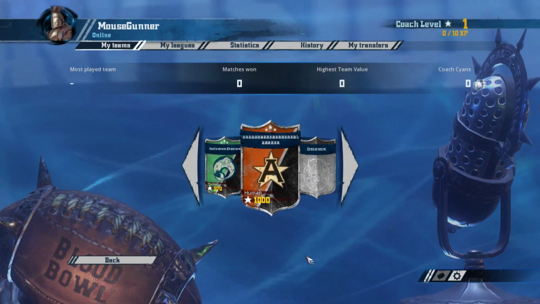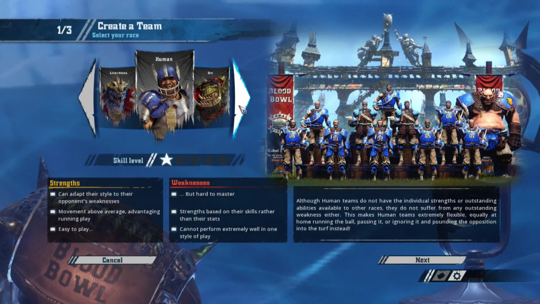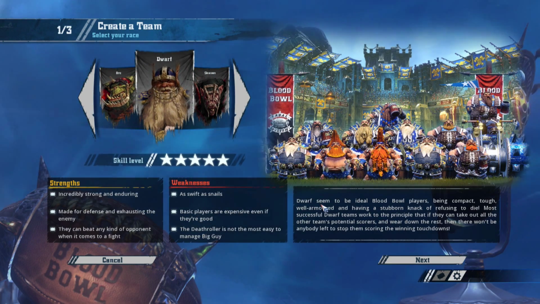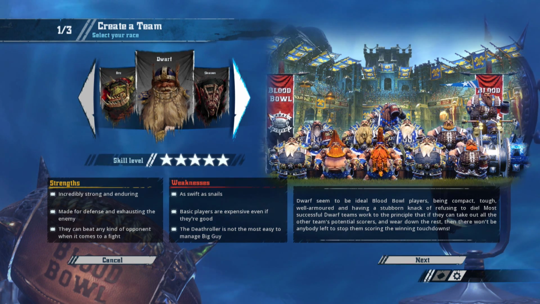So if we back out here and we start to create another team, I'm going to go through this much quicker. And as I explained, I'm going to do a dwarf team real quick here, just to show you. This would be a team that normally... Well, actually, let's maybe do a different team. Let's do...